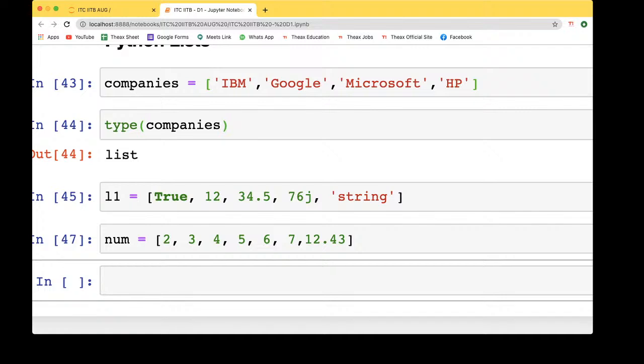Okay, so we can get this data. Now a list is containing a lot of contents.